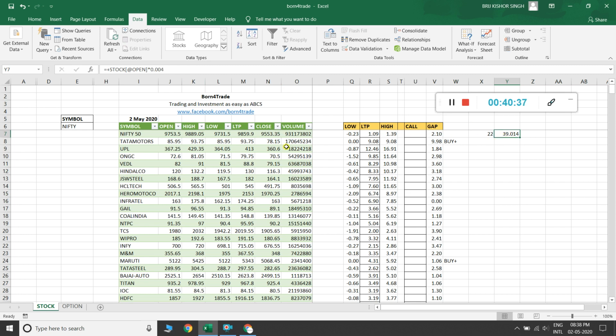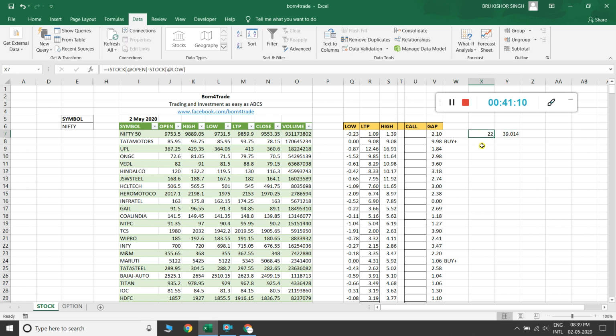Open into 0.004 gives me 39 rupees, and the difference between open and low is equal to 12 rupees. That is less than 39 rupees. That's why this stock appears here as a buy signal. That is the effort.